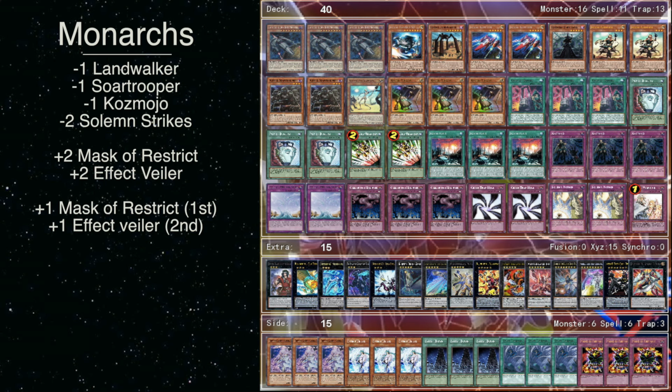So I side in 3 Mask of Restrict and 2 Veiler if I'm going first, and if I'm going second, it'll be 3 Veiler and 2 Mask of Restrict. So I'm siding in and out 5 cards, and I'm playing 3 of the Mask of Restrict when going first, 3 Veilers when going second. And that's going to be the theme in a few of the matchups actually, because Veiler is so good when you're going second, whereas your traps aren't very good going second because you can't use them while your opponent's going. You don't want to let them set up their engines, and so Veiler is very good for stopping that in